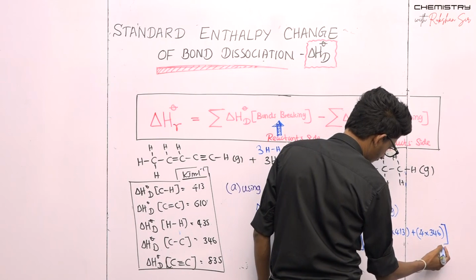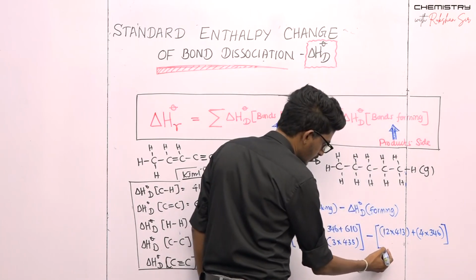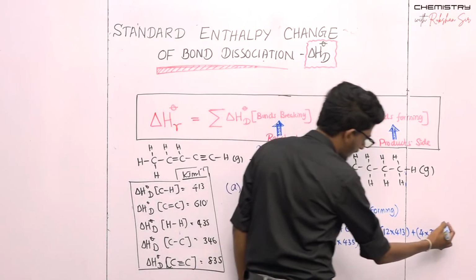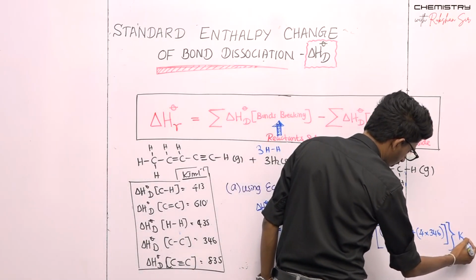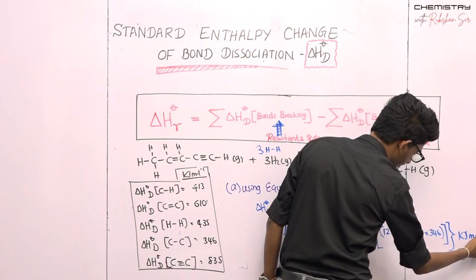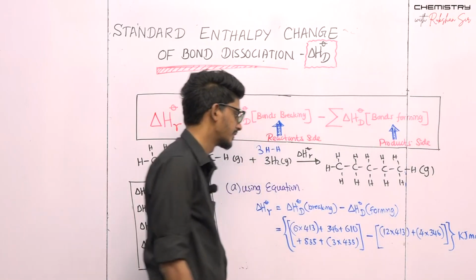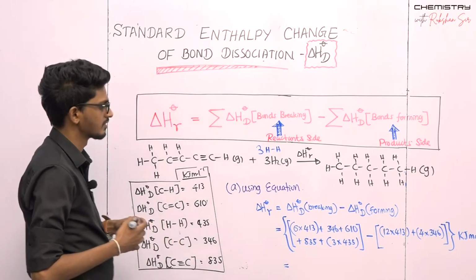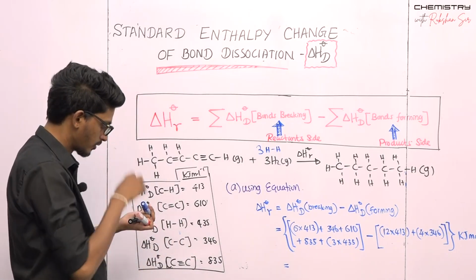So that is about bonds to form, all are in kilojoules per mole. Units are essential. Substitute with the correct units. Let's come up with the answer then. It's very easy to solve these kinds of questions with the use of the equation, right? So actually